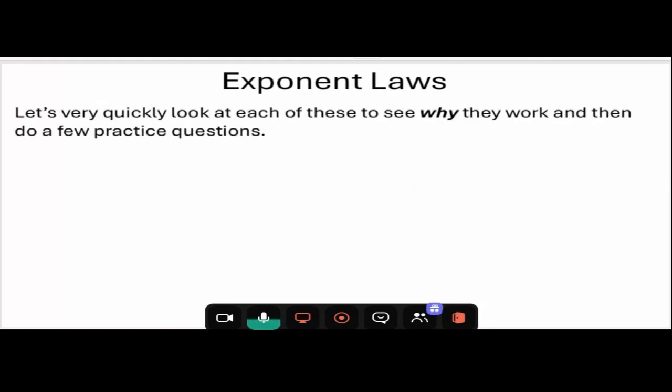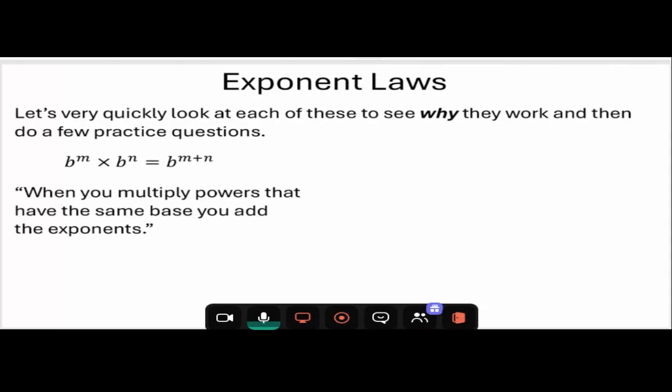So we're going to take a look at each of these individually, and we're first going to look very quickly at why they work, which you don't need to reproduce in any way on the test. You don't need to explain why they work. You just need to be able to use them. So we're going to justify why they're true, which helps you remember them, and then we're going to do a couple practice questions. So first one,